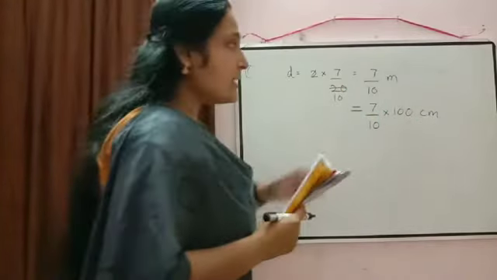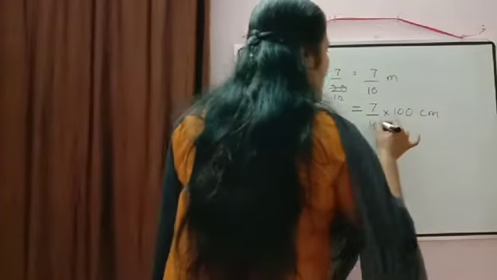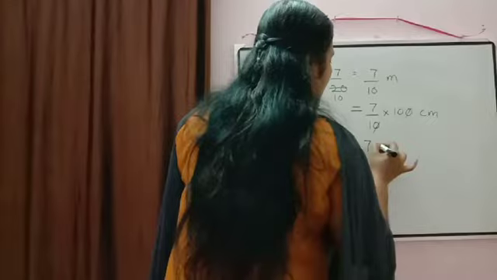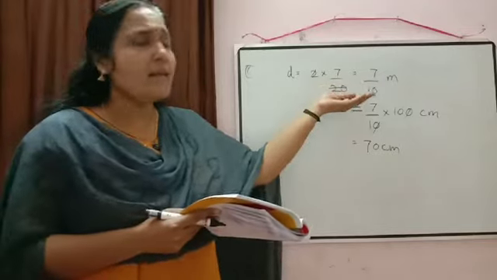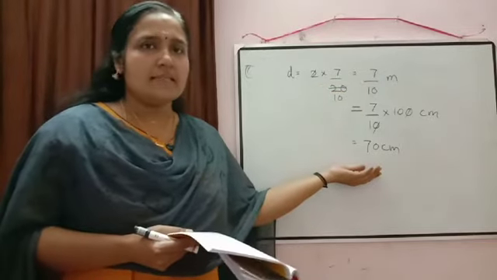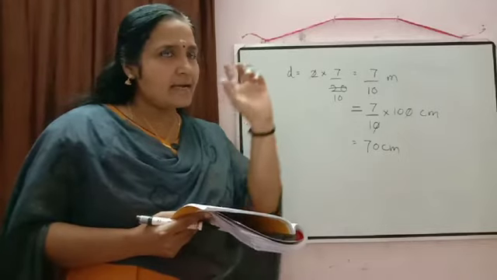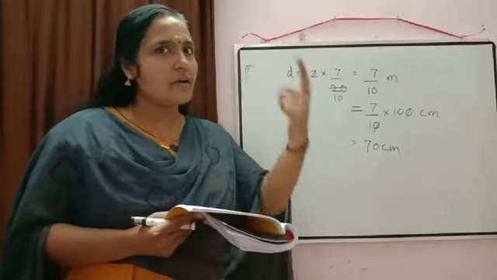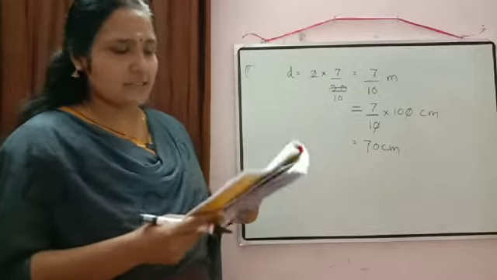When you are converting something, then you have to mention the unit there. Now here 0 and 0 will get cancelled. Answer will be equal to 70 centimeter. If you don't like the answer in fraction, then you can do it this way also. So I think this concept is clear to you, that how we calculated the formula for number of revolution. Okay. Now we'll do the next question.